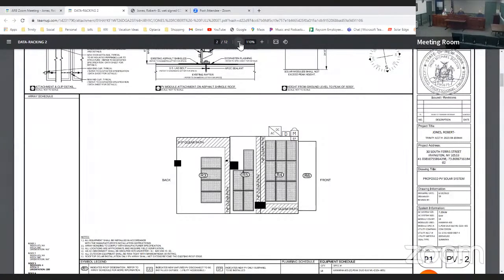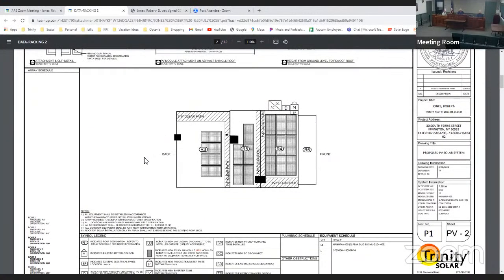So it'd be better if we could see the front of the house, but what I know from this house is it's a very low house, so the house is also not set back from the street much. So these are going to be very visible by anybody walking past this house. Unlike other houses we've done where either you can't see the panels or they're up 3 stories. These are really in a part of the historic village. And this house is also listed on the historic register. It's really a big mass of panels in the front.